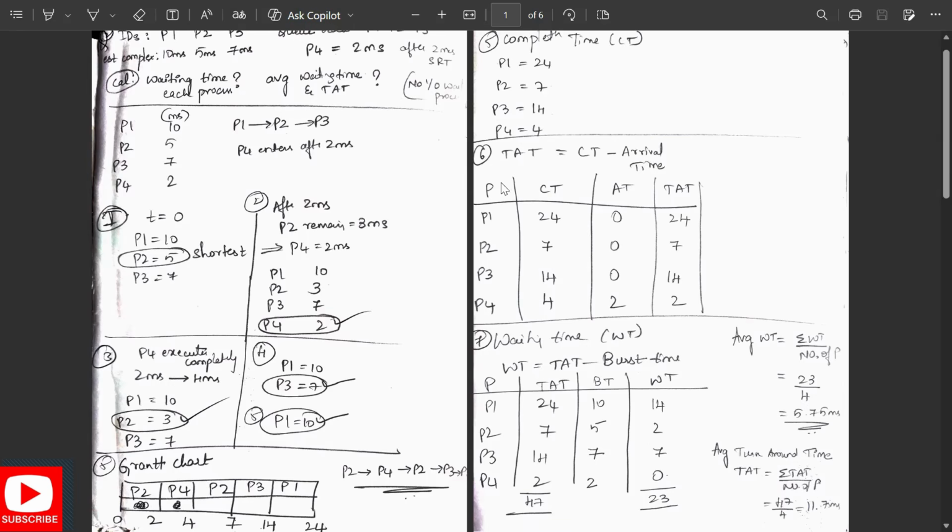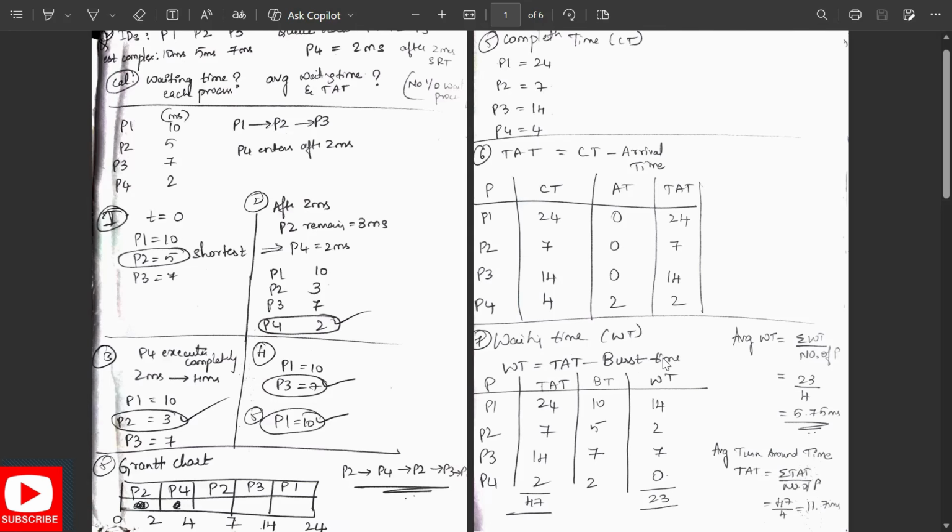CT minus arrival time for P1. Write down the CT and the arrival time. When did each process arrive? Others have 0 except P4, because it came after 2 milliseconds. So 2. Now you subtract these, and you will get the TAT. For the waiting time, you have to subtract